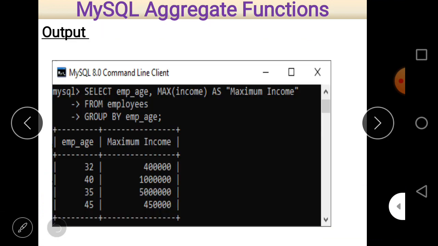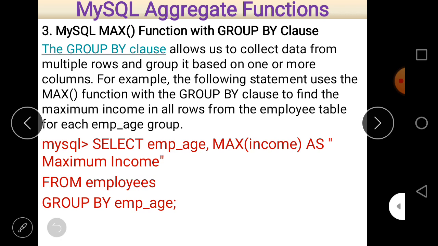Just see the output. For age group 32, there are 4 employees, in which we can say that 40,000 is the maximum salary. And the same for employees of age 40, 35, and 45 here. So basically we make a group on the basis of employee age here, and for that we calculate maximum income for that group. Not only for a person, but we can filter data according to the group.